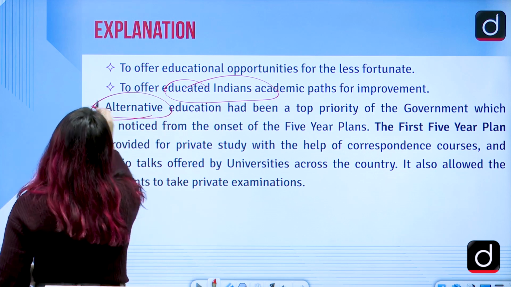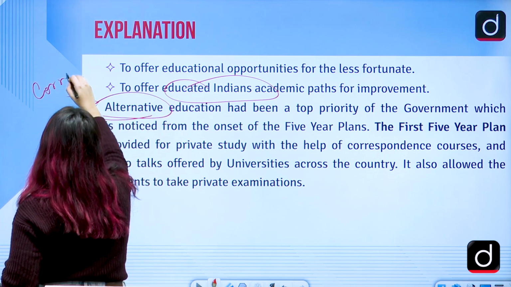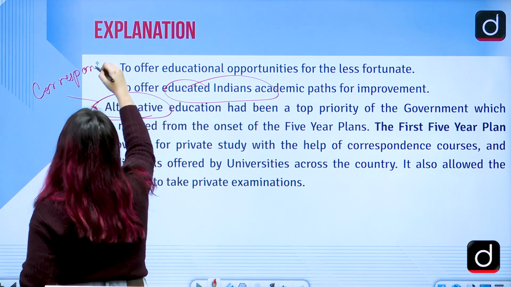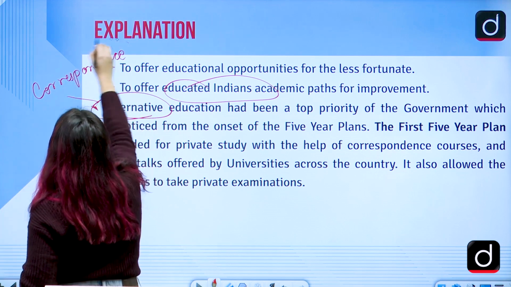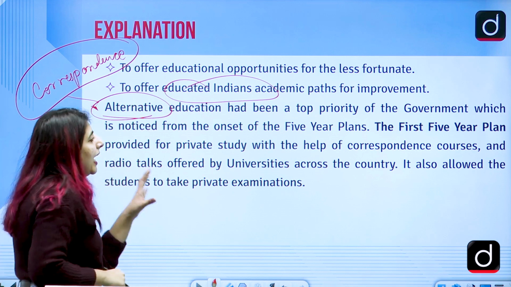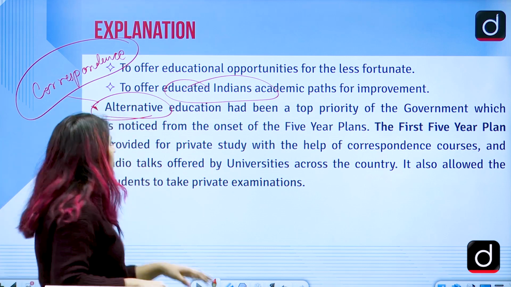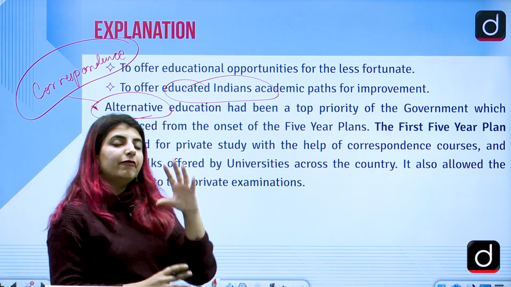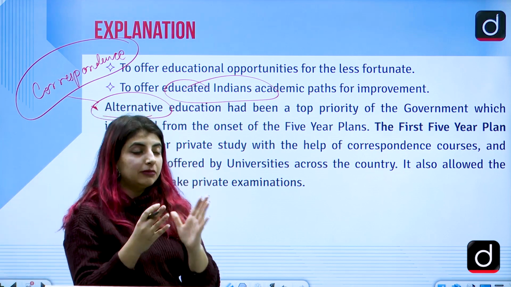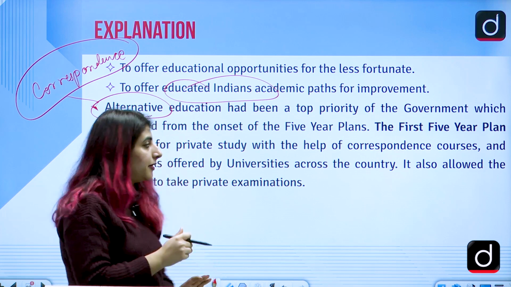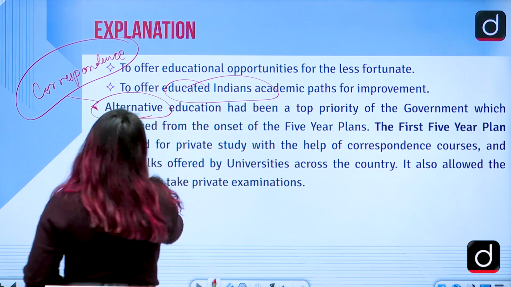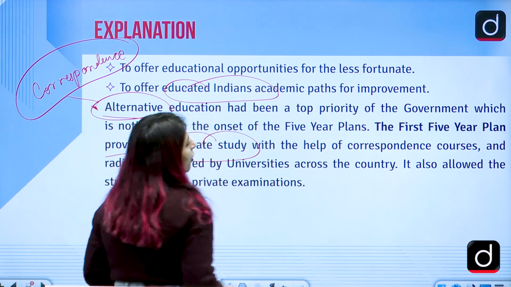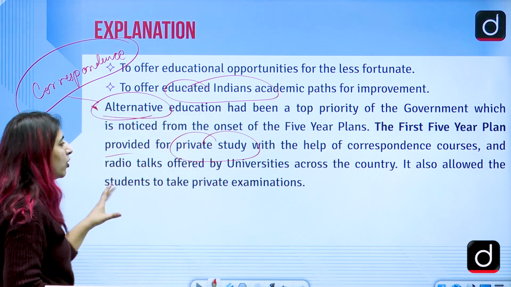Alternative education, correspondence or distance education, these are one and the same thing, had been a top priority of the government, which is noticed from the onset of the 5-year plans. Since the 5-year plans have been established, this was one thing which has been taken into consideration by the government. The first 5-year plan provided for private study with the help of correspondence courses and radio talks offered by